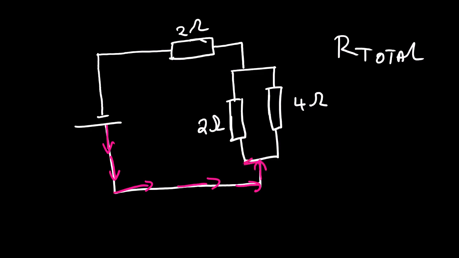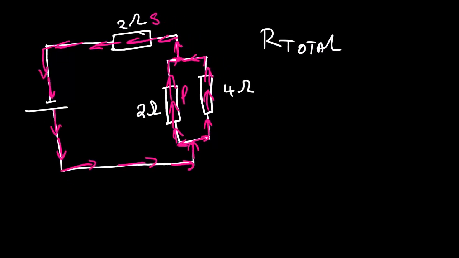Then you can see that here it will split. Once we see that the current splits, we conclude that this is a parallel connection. Then from here it combines, and then through this one there's no split. So it simply means that this one is in series, this is parallel connection. Then to calculate the total resistance, we need to calculate the parallel connection first, then we use the series connection,